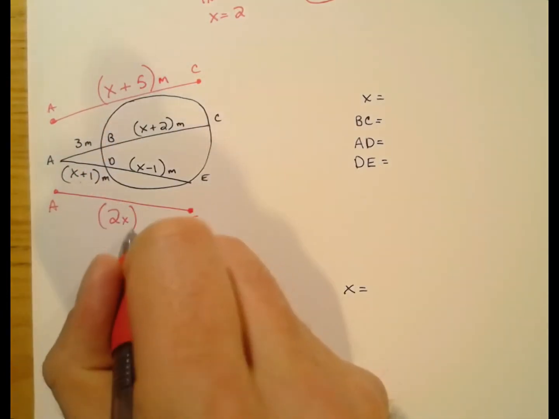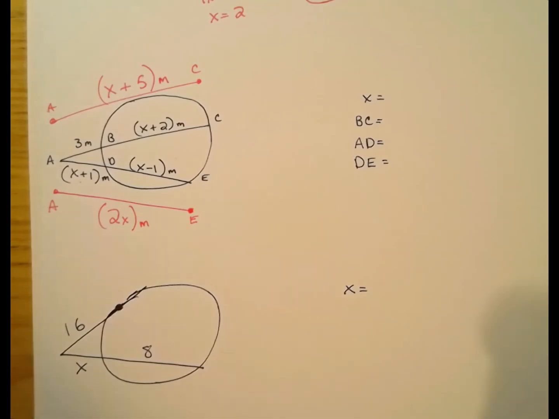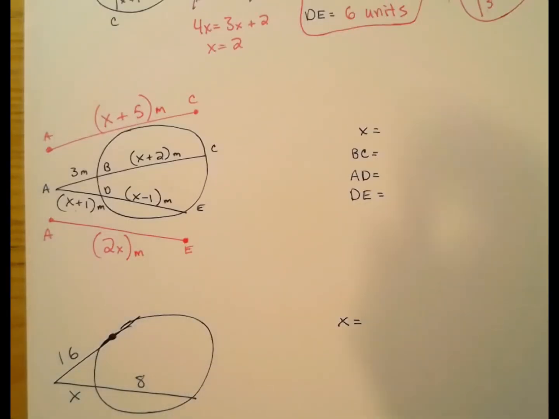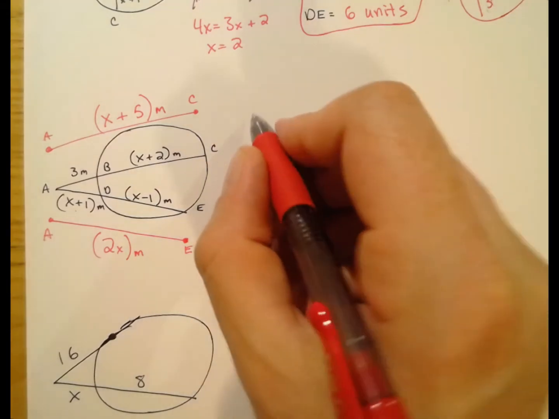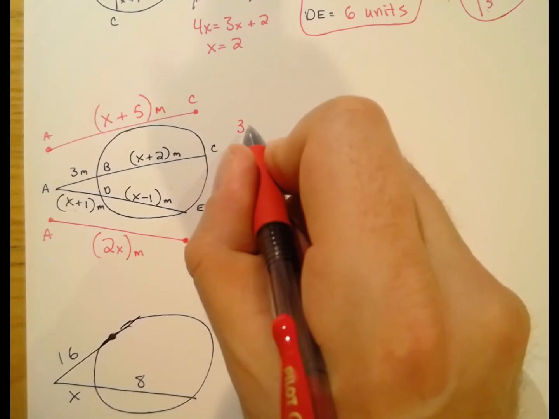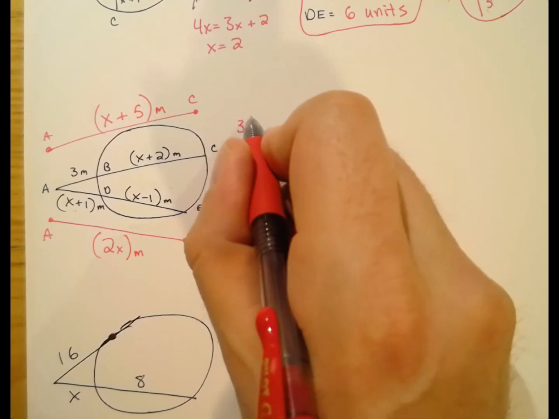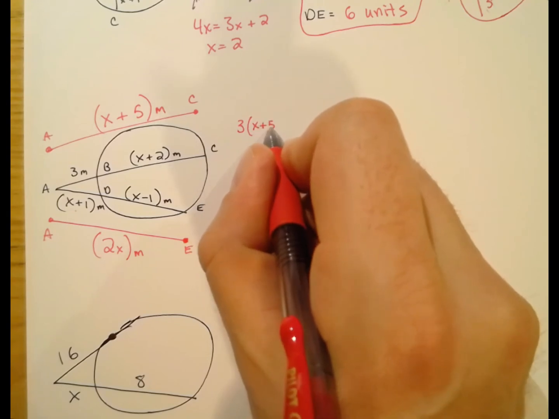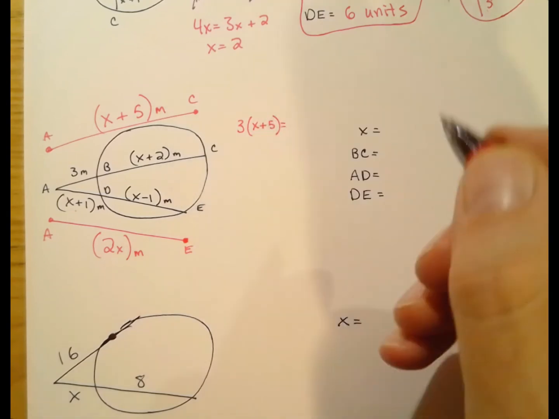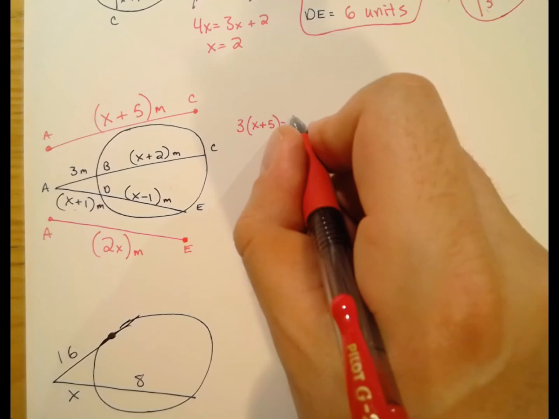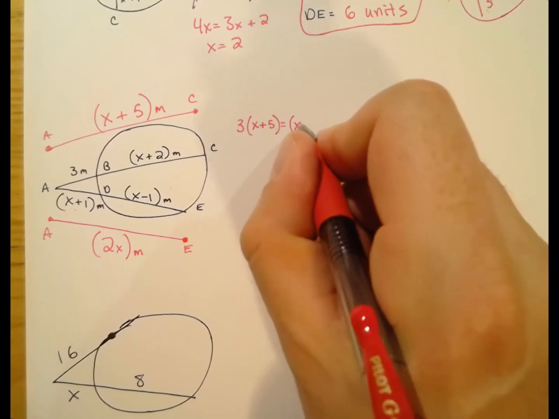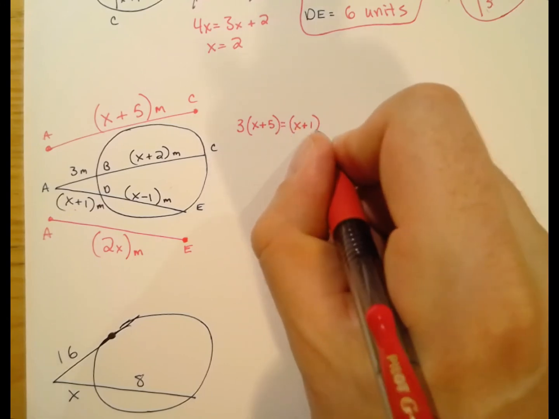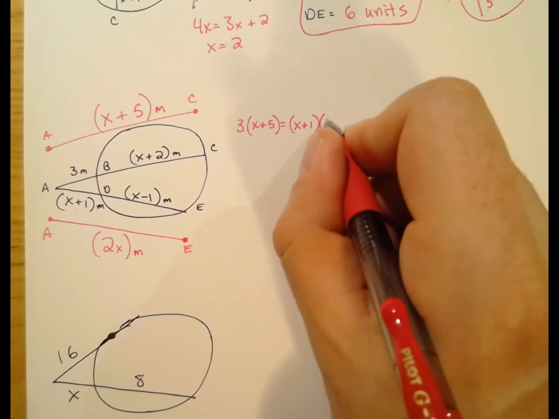Just a little off to the side action, you are going to need to add some things together to get the entire secant. Okay, and now the theorem says if we multiply the portion on the outside times the entire secant, those two products are equal. So the portion outside times the entire